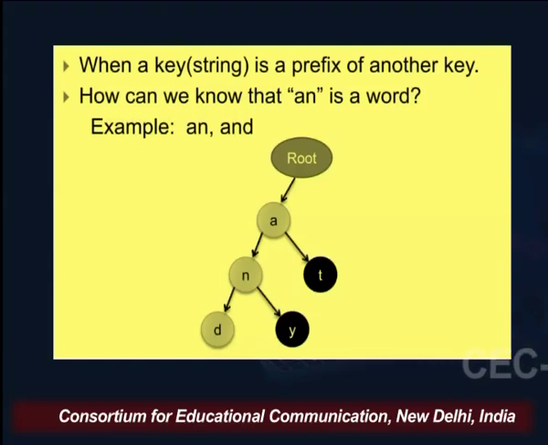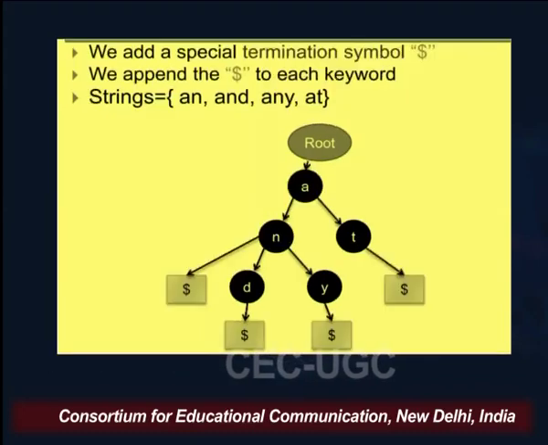So in order to model those kinds of situations, we will be converting this tree into something of this sort, in which a special termination symbol is appended to each and every string or keyword,